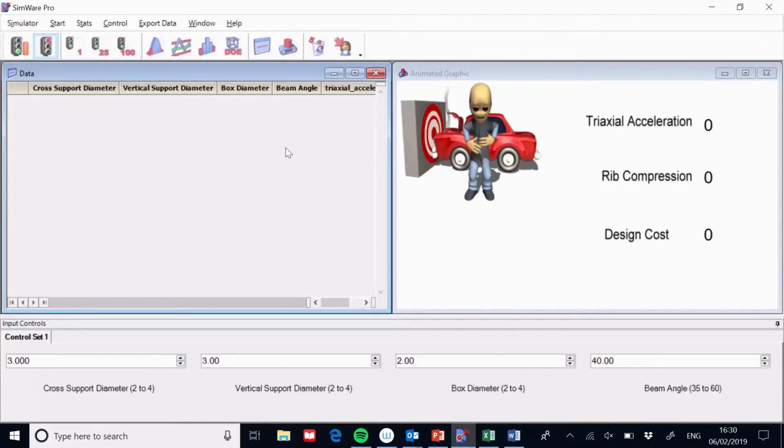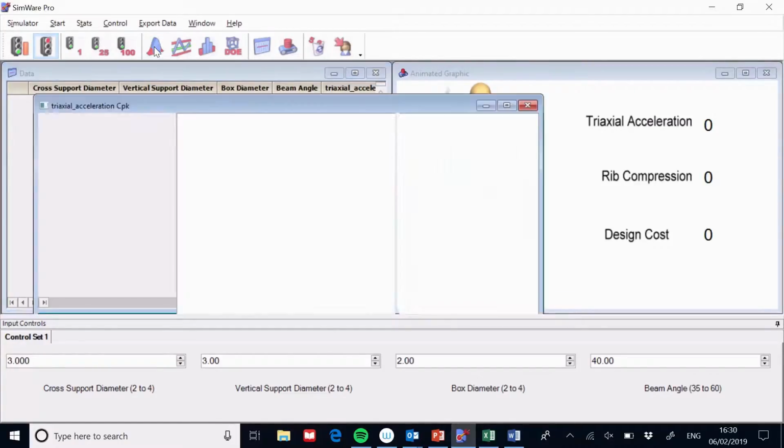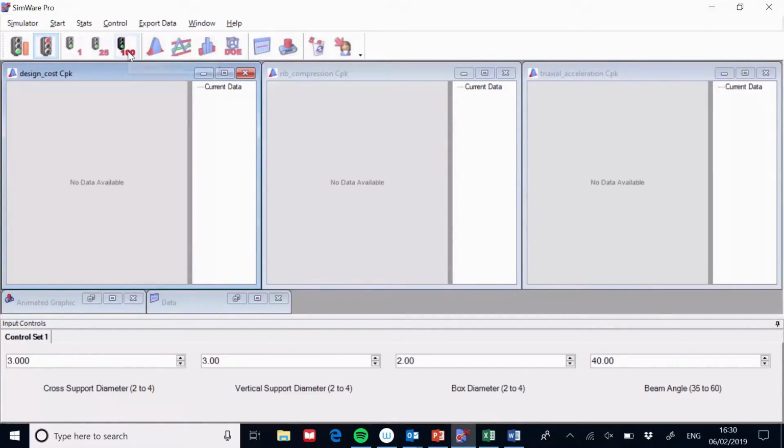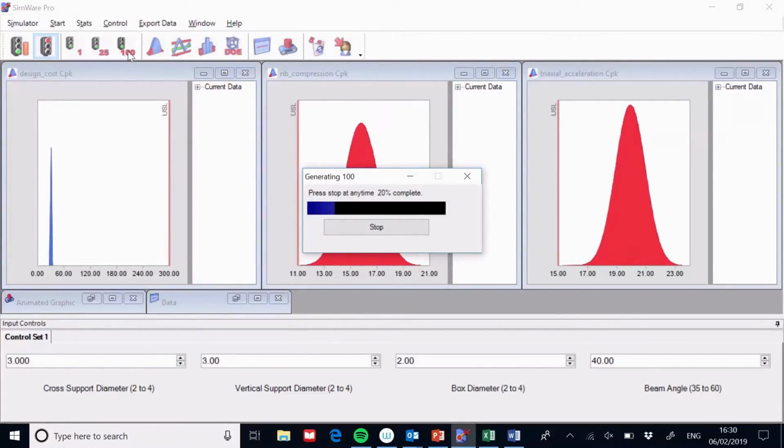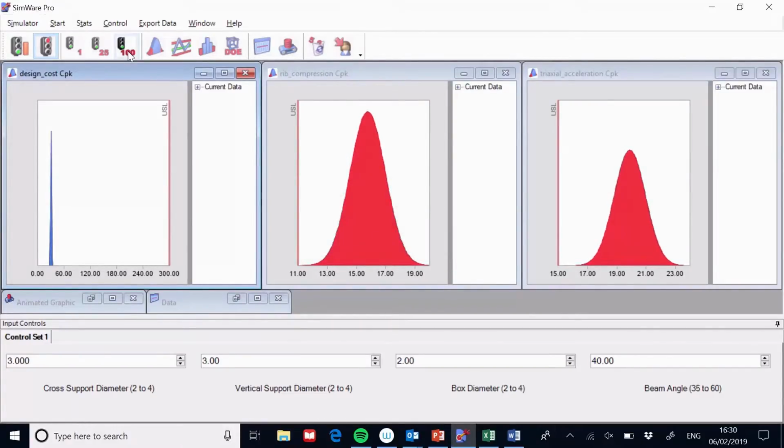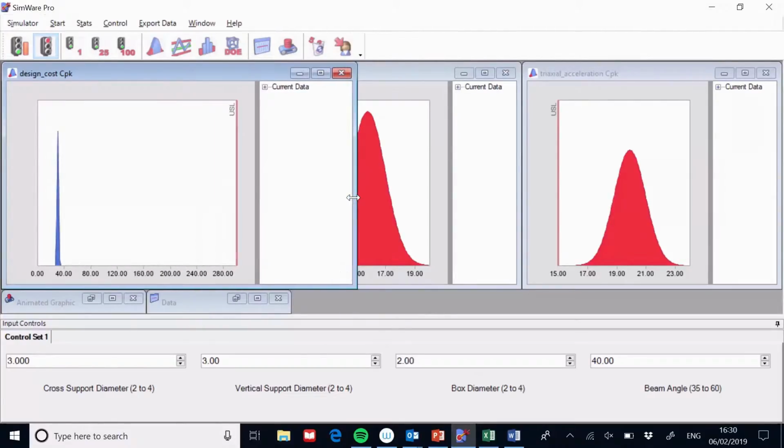Now the first thing I'm going to do is just say, well, if we set ourselves at those midpoints, what would the result be? So if we just take a look at the current performance, this has generated 100 data points for us. So if you look at each one,